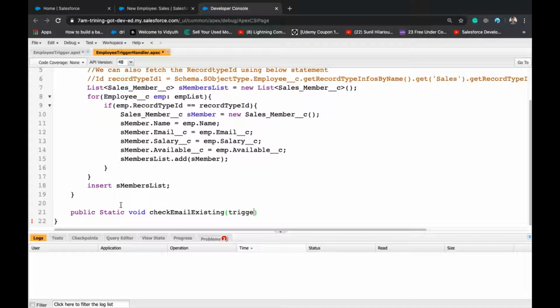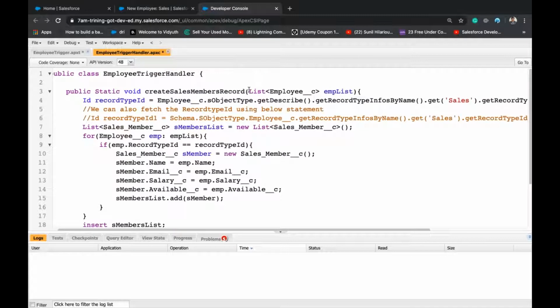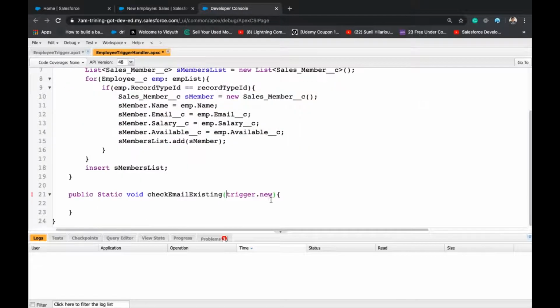and I need Trigger.new. Here we will not get Trigger.new, so what should we do? We should check the same with a for loop: for Employee__c emp colon.